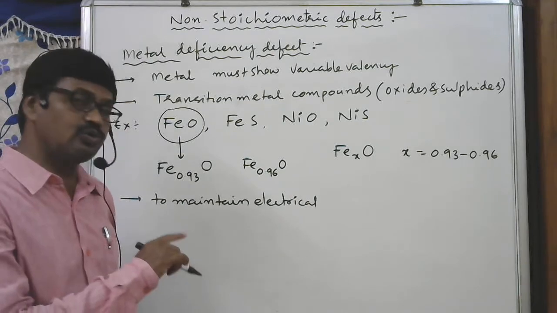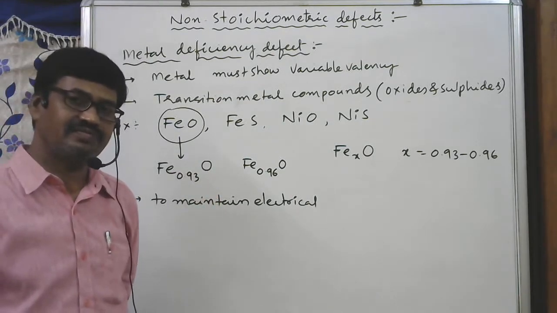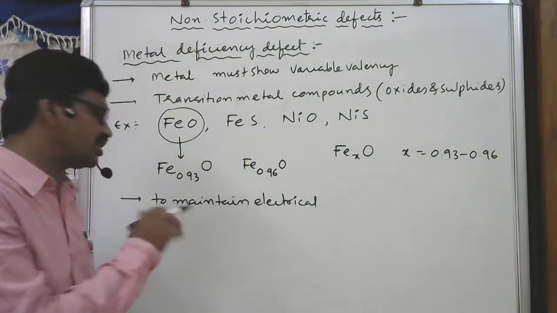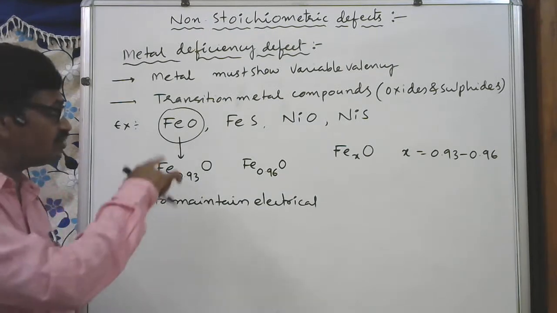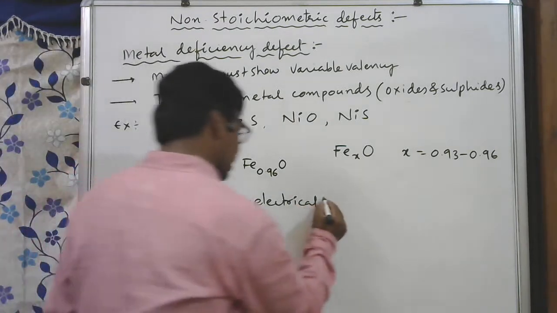So here also, if they maintain electrical neutrality, then only they can get stability even after the defect. If they are not maintaining electrical neutrality, they will not get stability. So here also they will maintain electrical neutrality, but how? To maintain electrical neutrality,